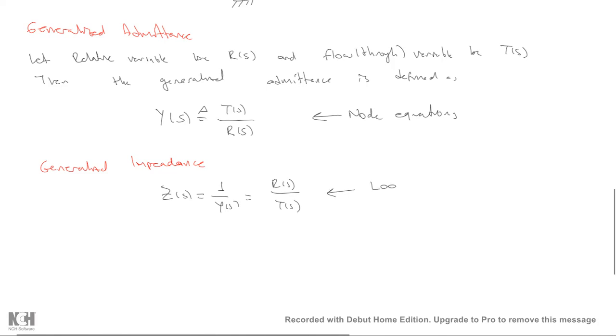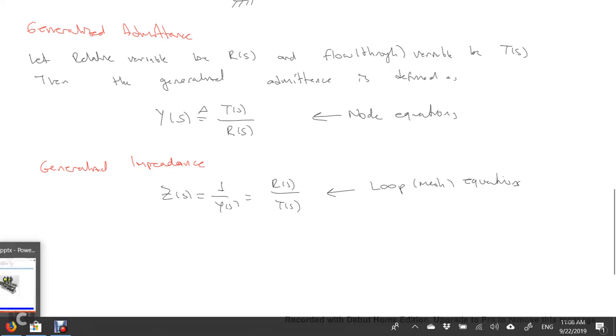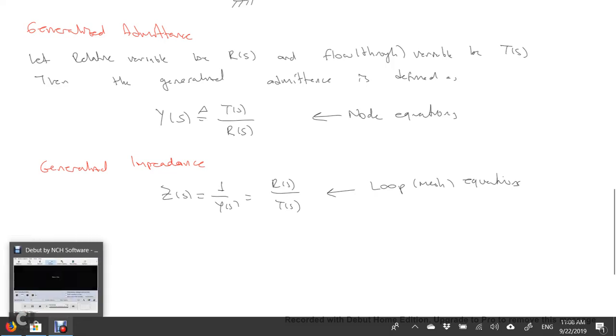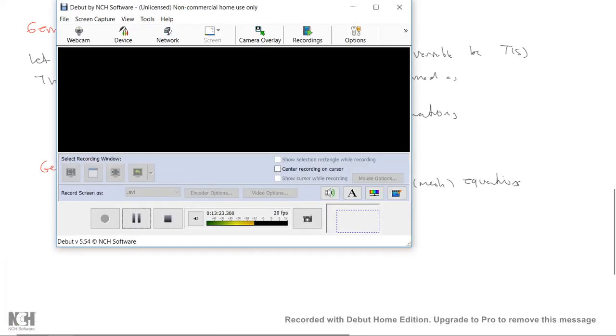For loop or mesh equations, we will need generalized impedances for each component, and we will look at this approach. We are going to apply this technique over and over in all the